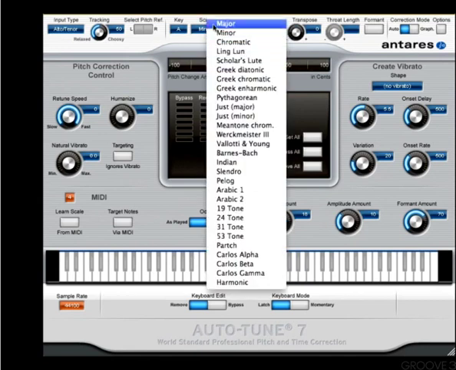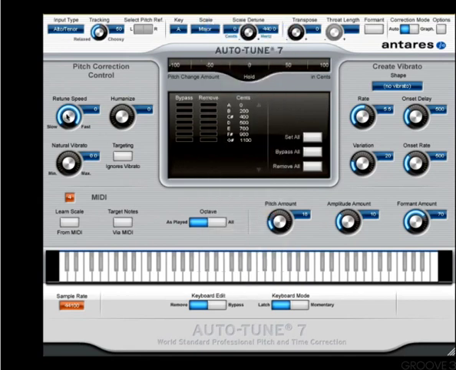And so I'll put it back to A major, and if we start to relax now this retune speed, listen to the difference it makes. So you've heard it hard quantizing at 0. If I stretch it back to, say, 20 or so. Right, so it still sounds like an A major scale, but it's kind of like a synthesizer with the portamento feature turned on. Now if I slow this right down,